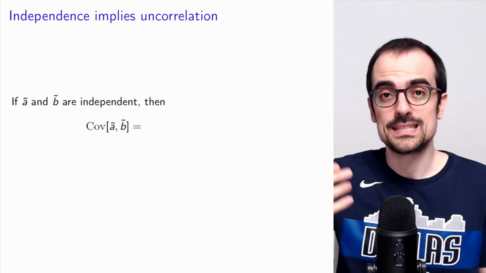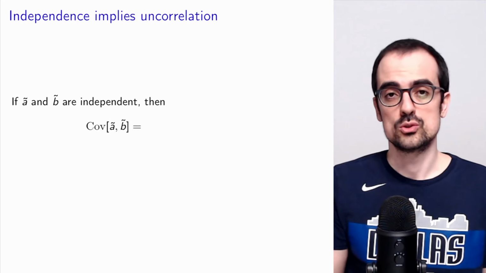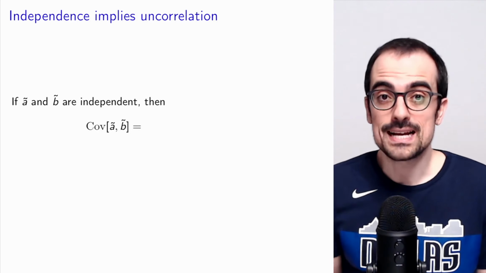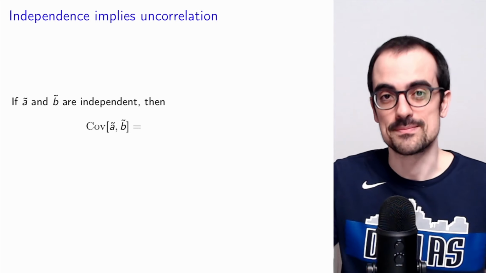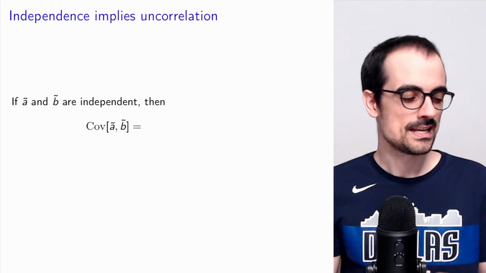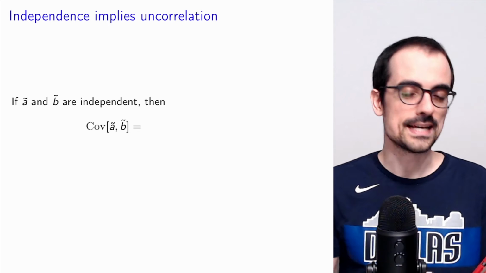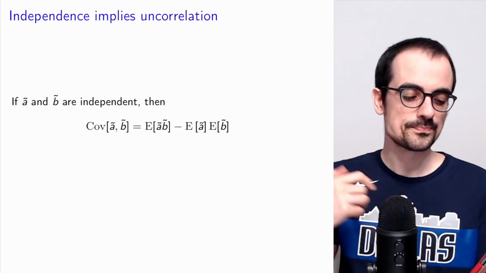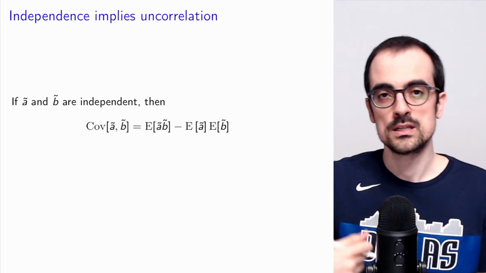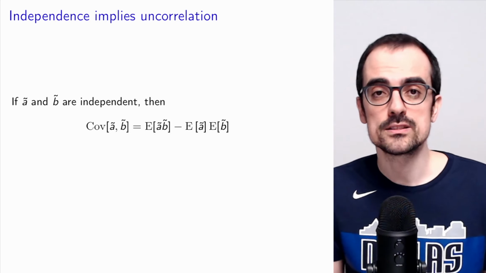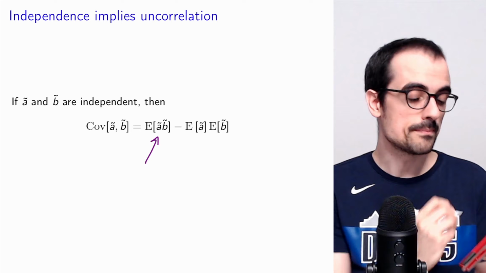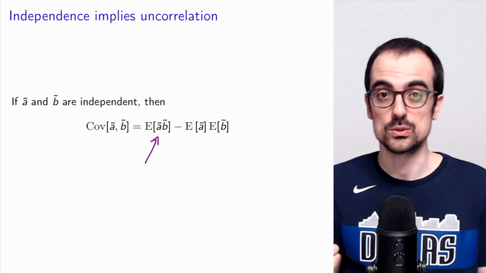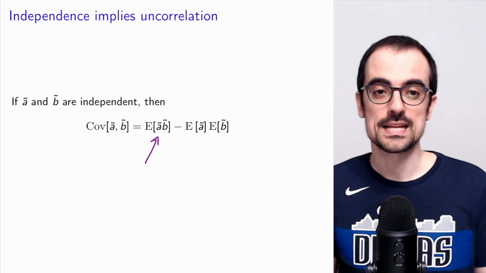Independence, which is complete lack of dependence between two random variables, actually implies uncorrelation, which makes a lot of sense because uncorrelation is lack of linear dependence, which is a form of dependence. If A and B are independent, then the covariance, which is equal to the mean of the product minus the product of the means, is actually equal to zero because under independence, the mean of the product is equal to the product of the means